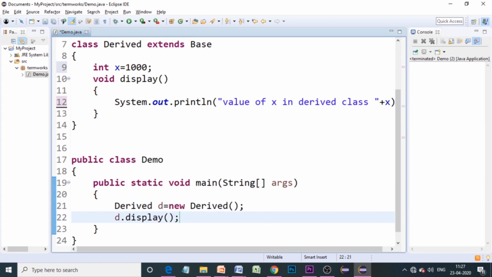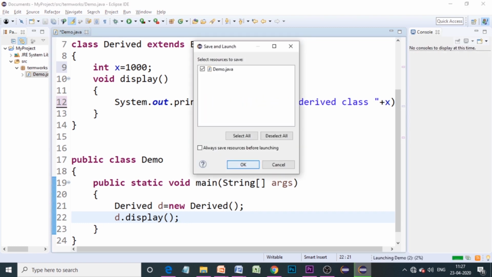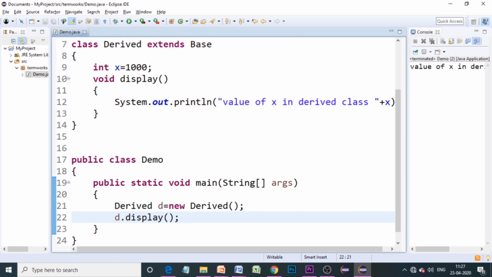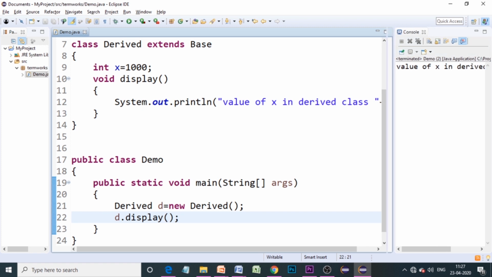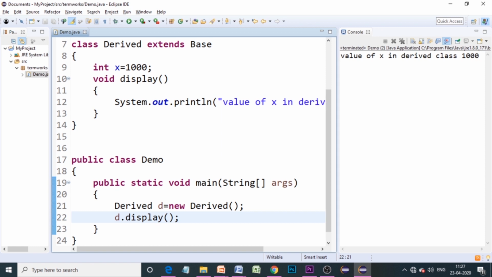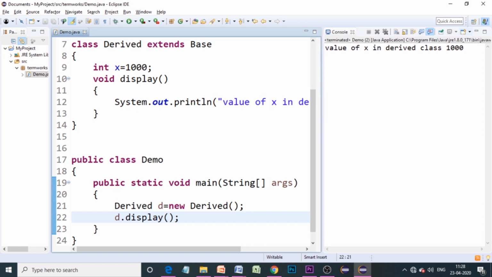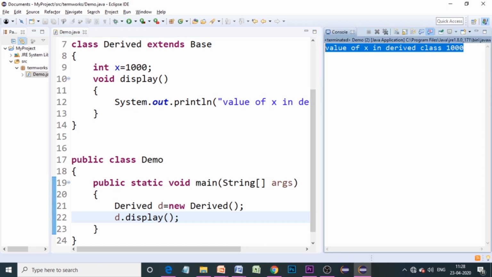So this is how we call this and execute the program, and here we get the output as value of x. I will just expand this. So value of x in derived class is 1000. This is the output we have got.